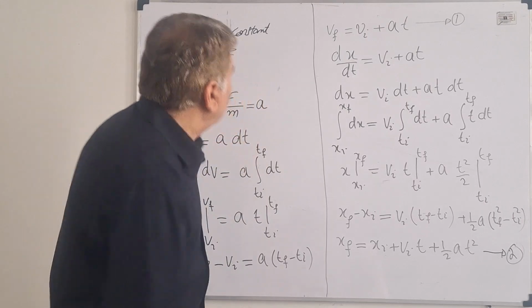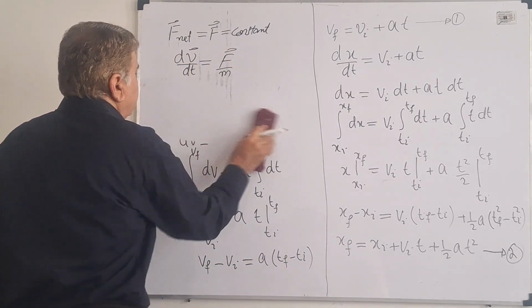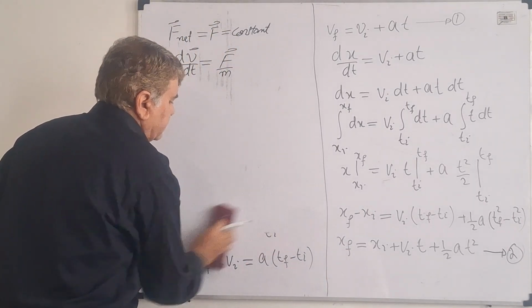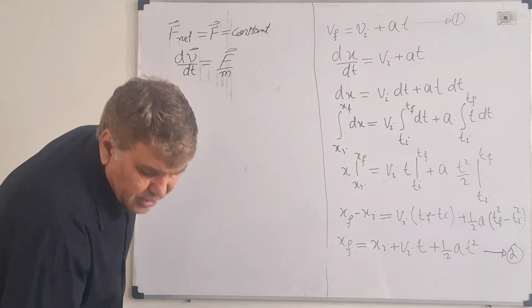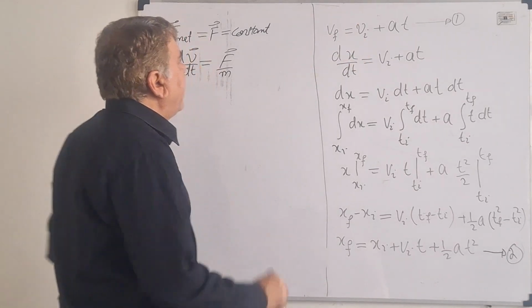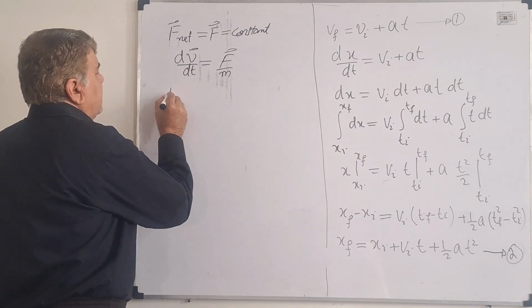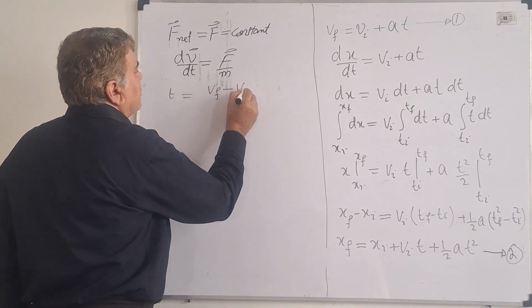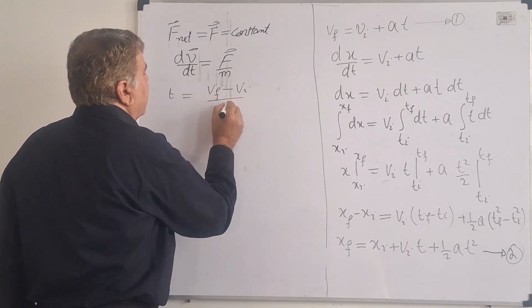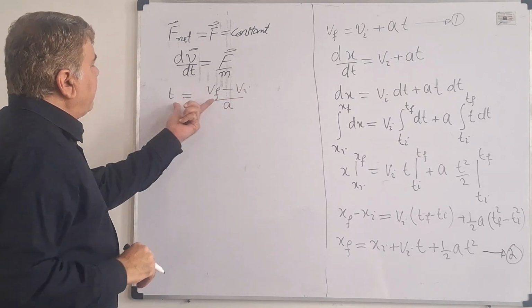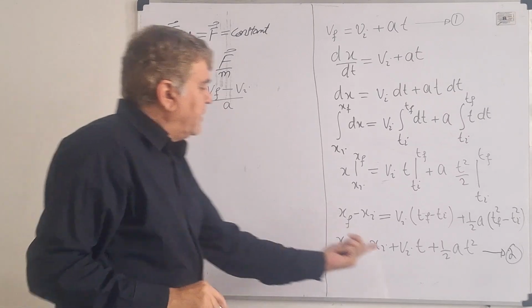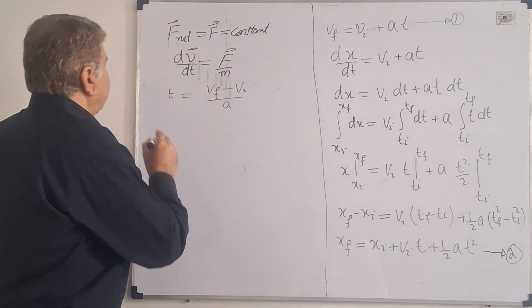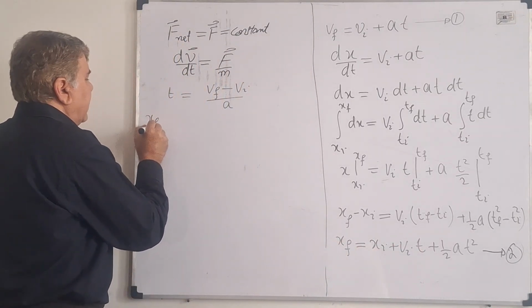And that I can do, let me write this over here. From equation 1, I can write t equals Vf minus Vi divided by A. And if I use this value of time in this equation, I can simplify this equation,